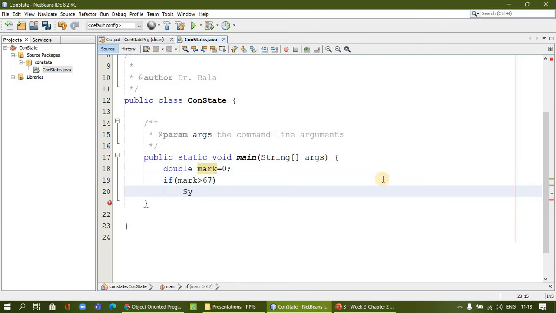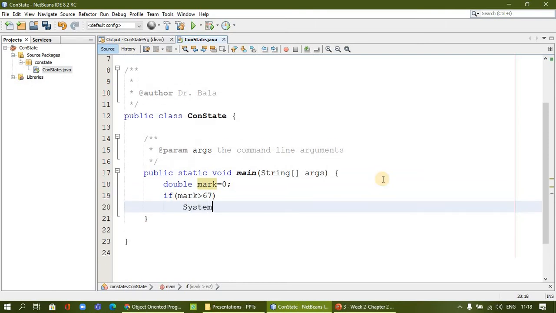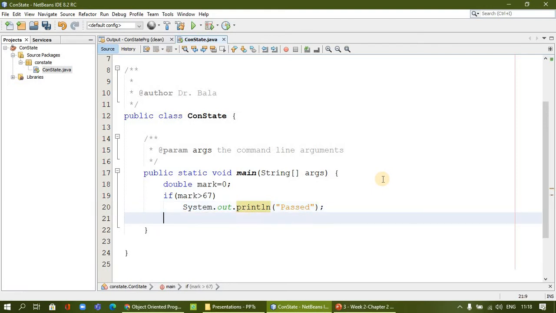If it is so, I'm just printing system.out.println of passed. We are passed the subject. Okay. If mark is greater than equal 67, you are passed.